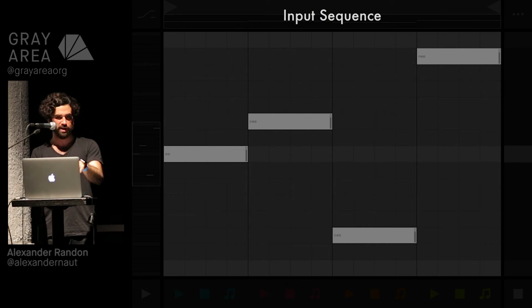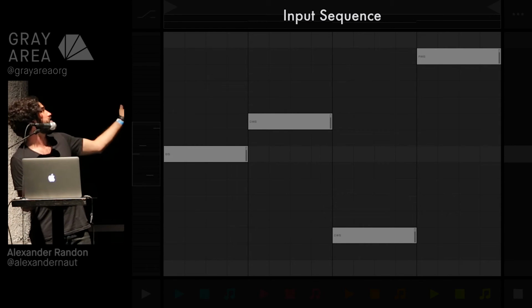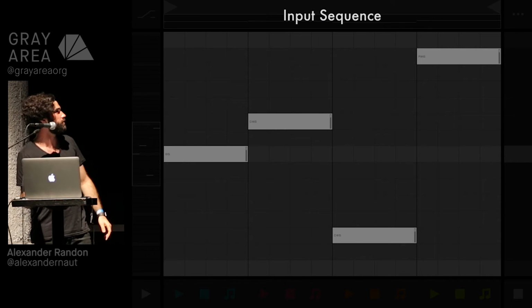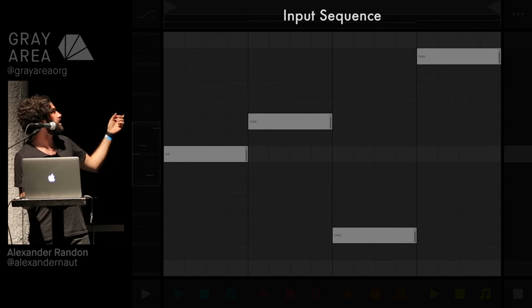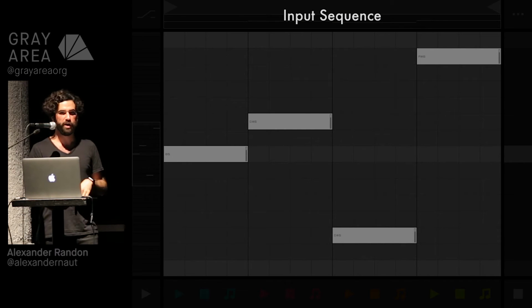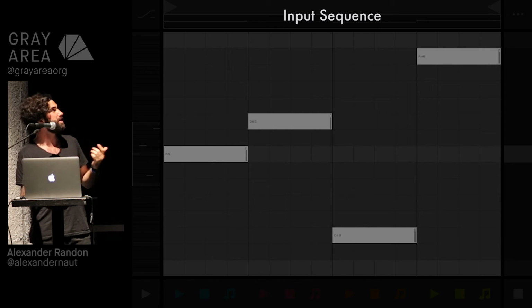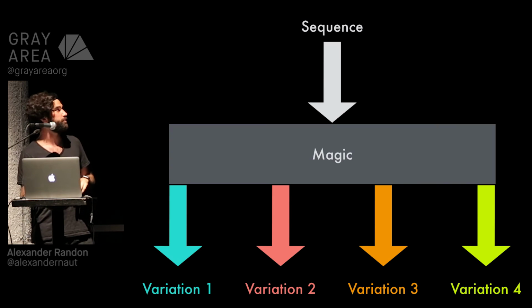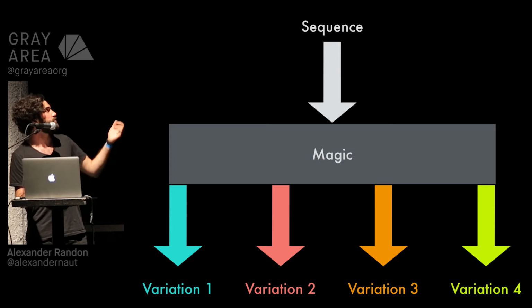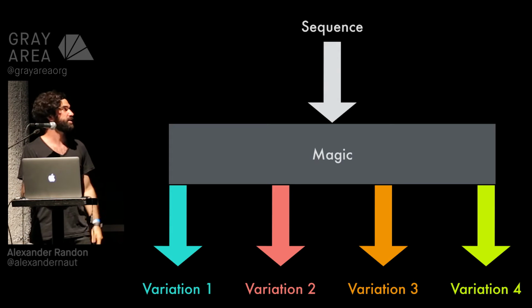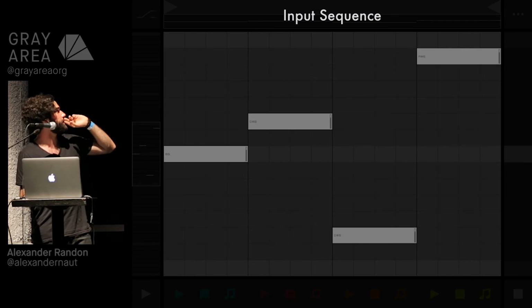Anyways, you could see the white notes, which is totally the important part right now. The white notes represent the input sequence. And going back to the graph before, that's the input sequence, so that takes care of that. And then down here,